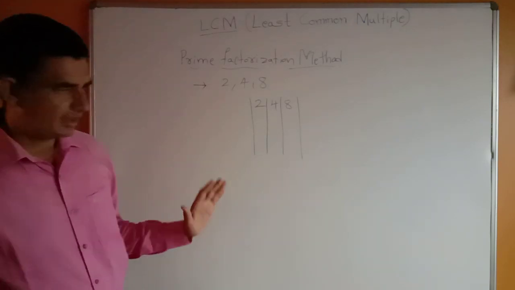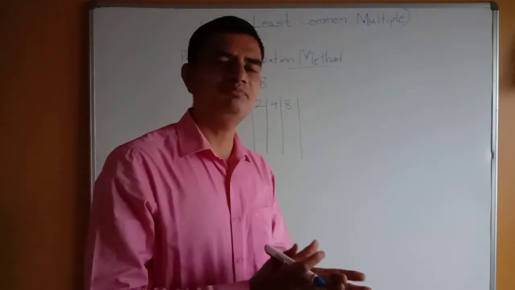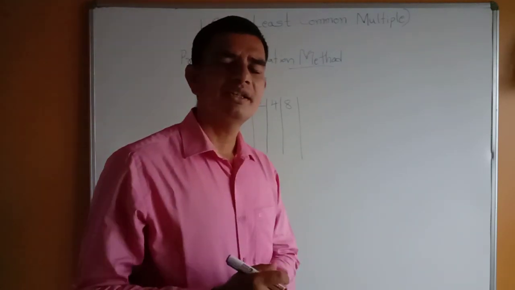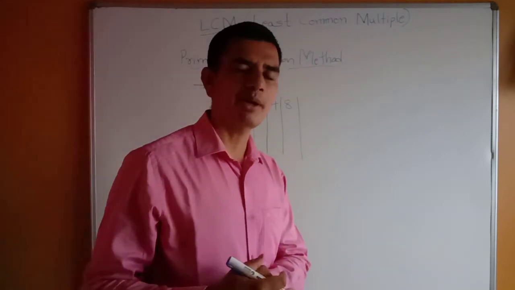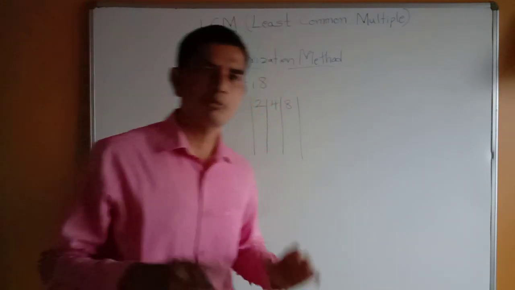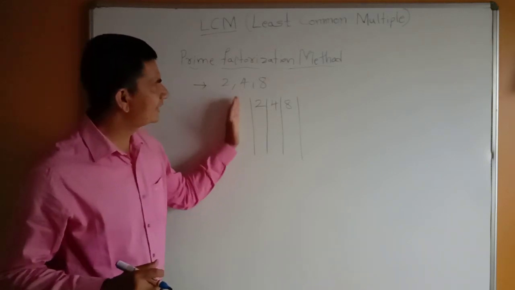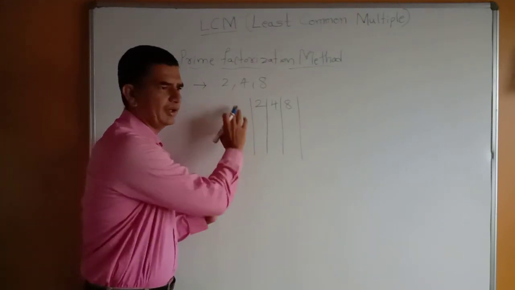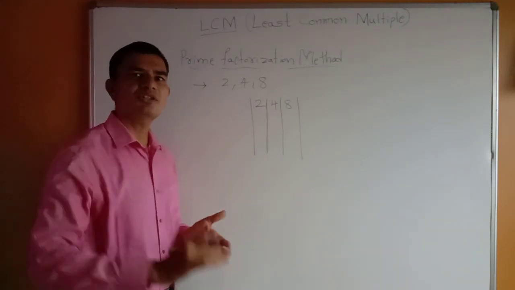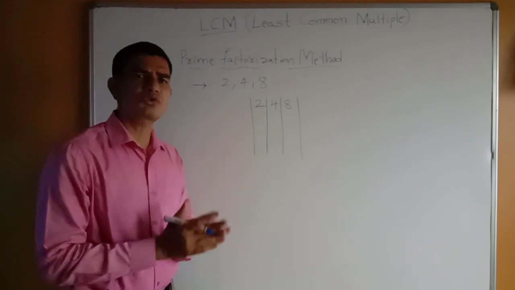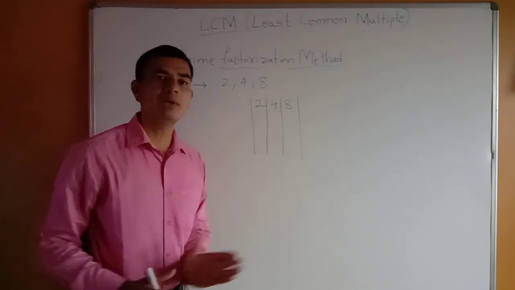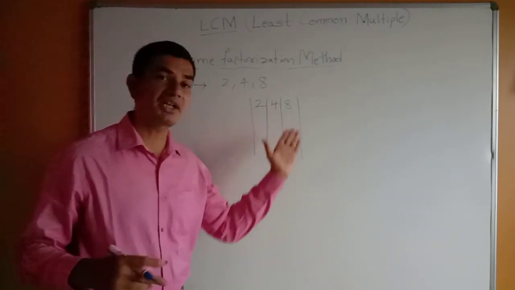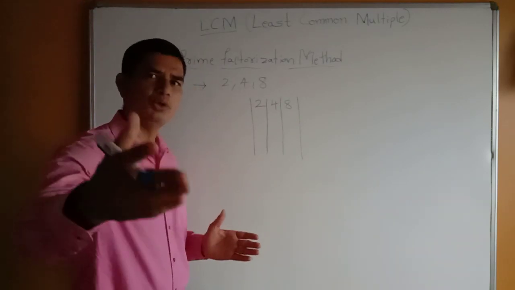Once again, I will tell you what prime numbers are. Prime numbers are divisible only by 1 and itself, and 2 is the smallest prime number. One more rule while finding the LCM: always take prime numbers and start from the smallest prime number. If the numbers are not divisible by that prime number, then we can go to the next prime number. For example, if they are not divisible by 2, then we can go for 3, 5, 7, like this.